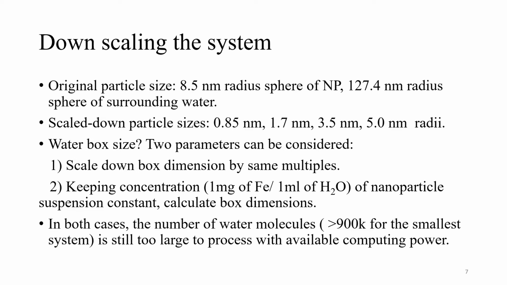We can scale down the dimension of the water box according to the scaling down of the nanoparticles, or we can keep the concentration that the experimentalist used, which is 1 milligram of iron for 1 ml of water, get the total number of water molecules, and then get the box size according to the density. But in either case, the number of water molecules far exceeds what can be done with the